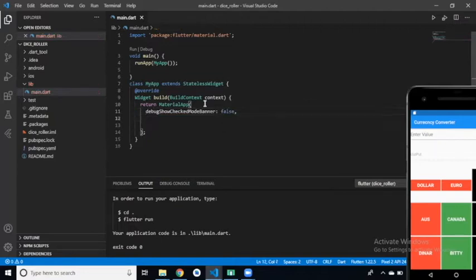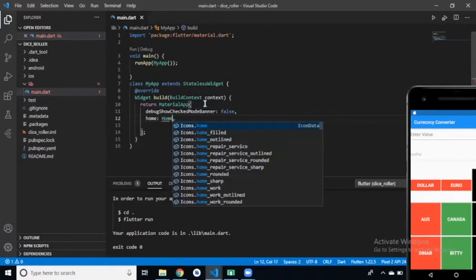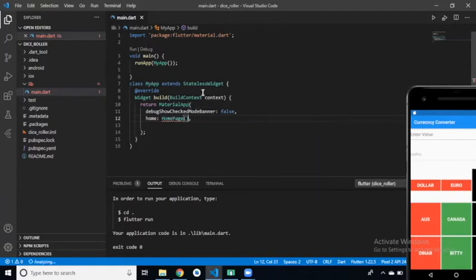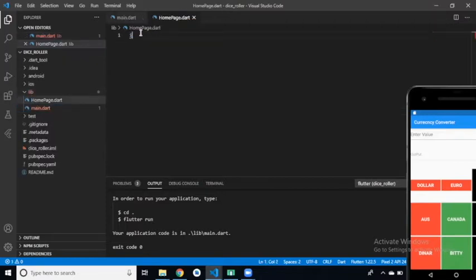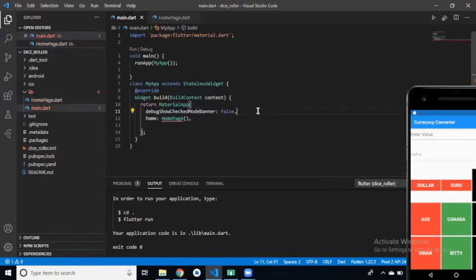Then home and title, and then we can create our home page. We can create this home page class in this file also, or we can create a separate file, right? So this is a home page, and remember home_page.dart, everything is with the dart extension. We didn't mention a title here. That is not compulsory; we can define it or not.